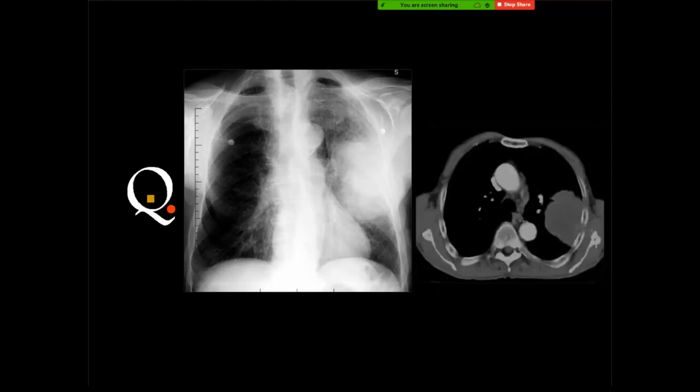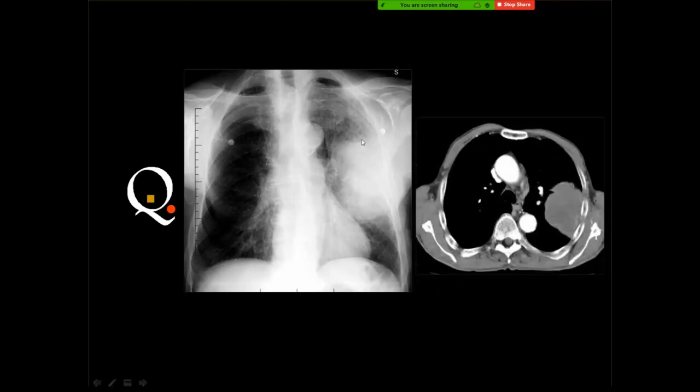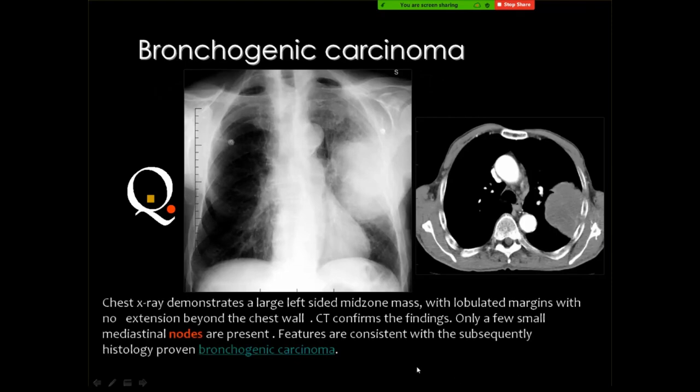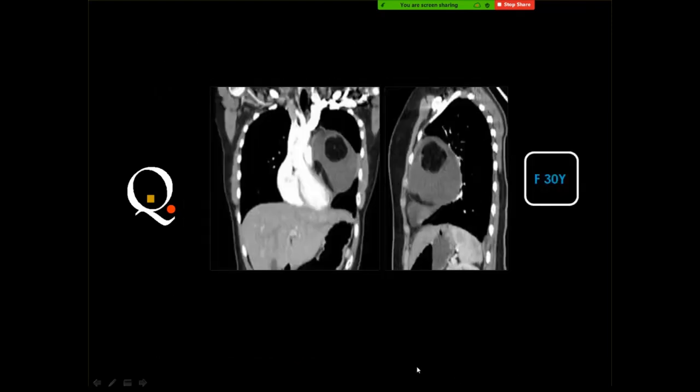And this is a mass in the adult lung, which should be considered as bronchogenic carcinoma, and this is a bronchogenic carcinoma. Carcinoid. Containing